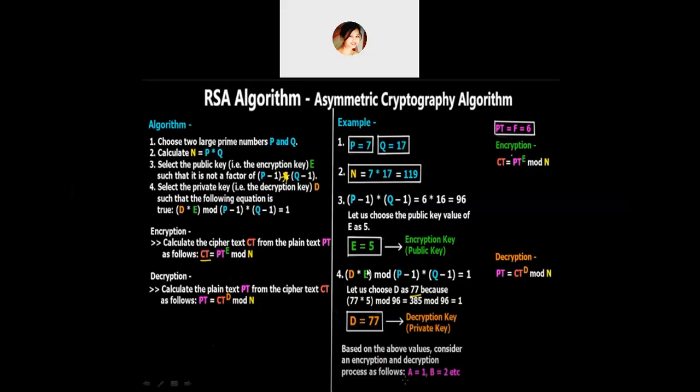You may ask me why I have taken 7 and 17 as my two large prime numbers. The thing is that I have already calculated this sum manually, to make you understand better. So I know the values. I've taken P as 7 and Q as 17, but we have to calculate using different types of prime numbers.